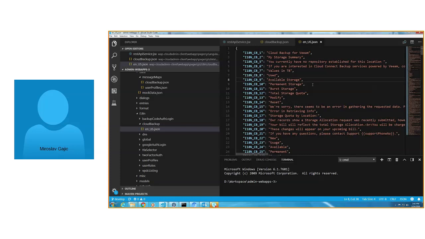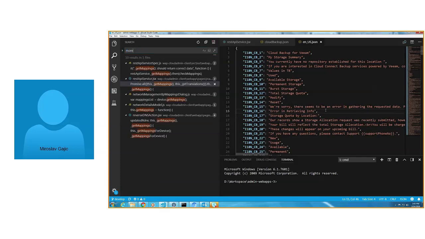We use moment.js in admin web apps, and one of these streams had a message for effective translation date, and it contained a moment.js format, and it didn't work with the new library. So what I did is actually